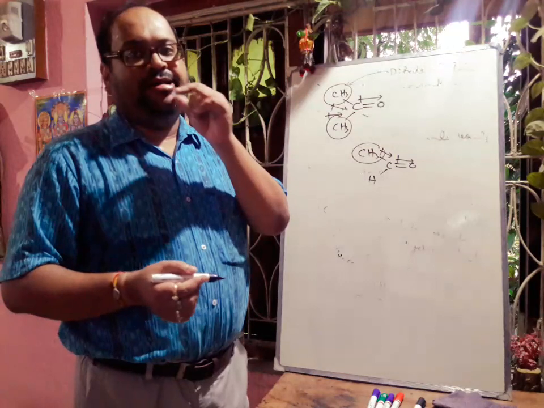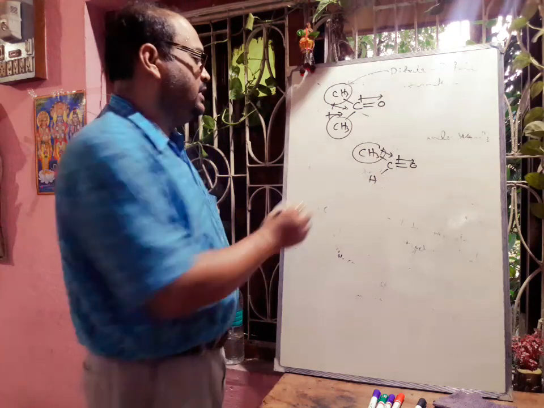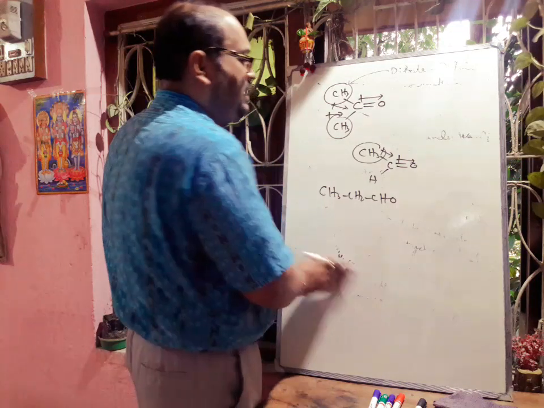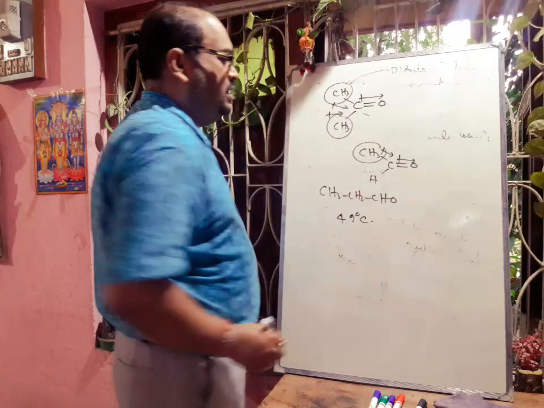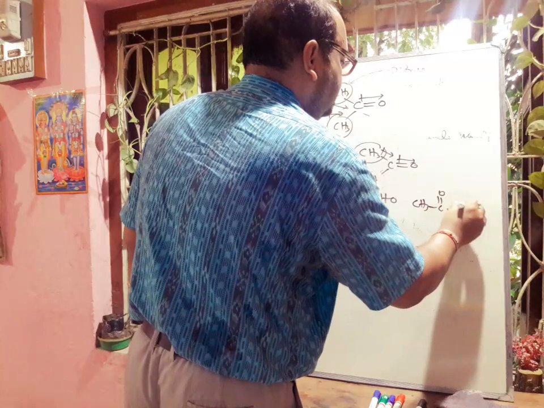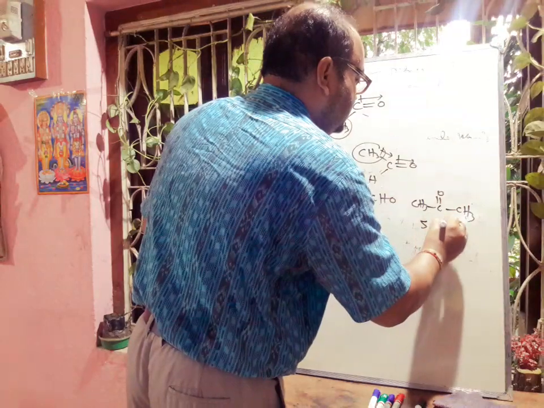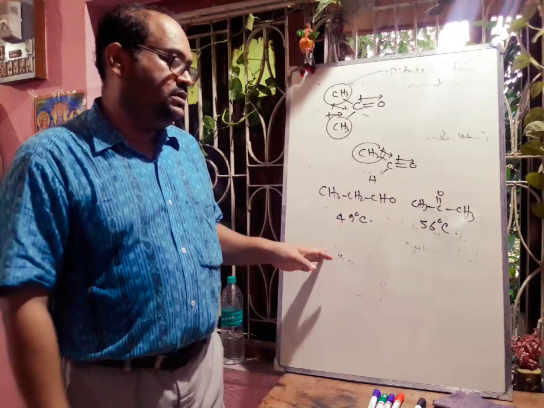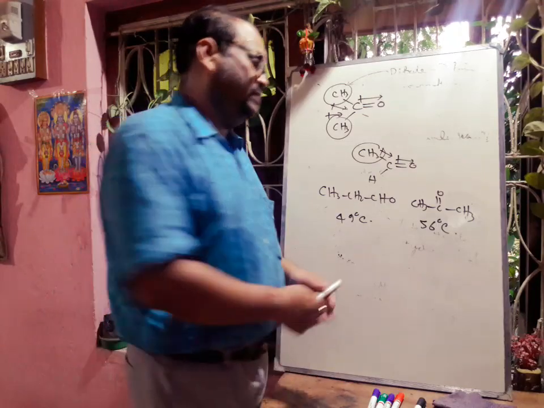Now if we compare the isomeric aldehyde and ketone boiling points, then you can understand. If you take the example of CH3CH2CHO, this is propanaldehyde, or propanal, here the boiling point will be 49 degrees centigrade. But if we take the example of acetone of the same molecular weight, here the boiling point will be around 55 to 56 degrees centigrade. So definitely from here we can tell that ketones have slightly higher boiling point compared to the aldehydes.